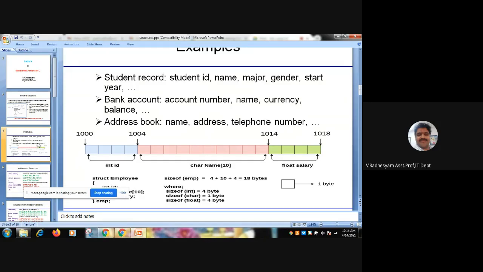Student number is to be an integer data type, student name is to be a character or a string data type, and the amount of fees paid is to be a float data type. That means in order to represent the student data, we need to mix up different data types under a single name.